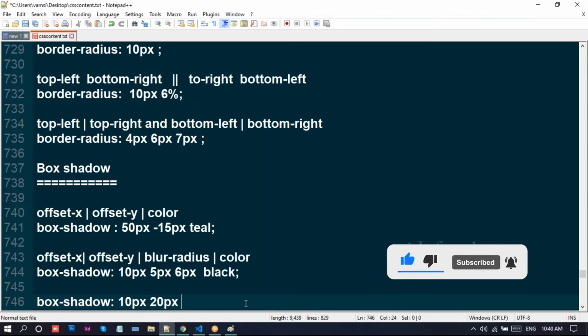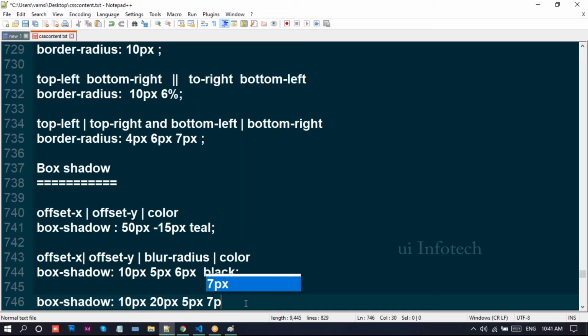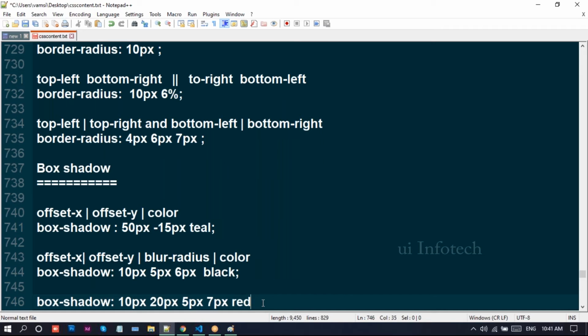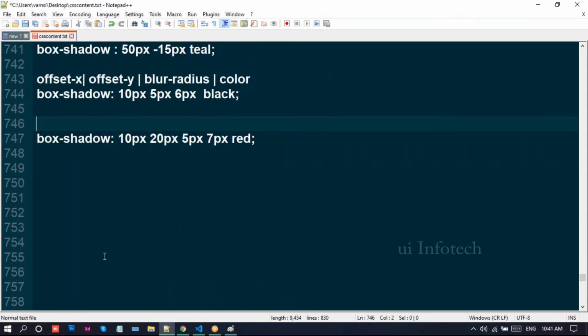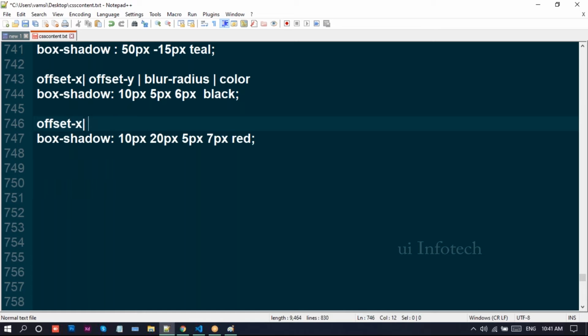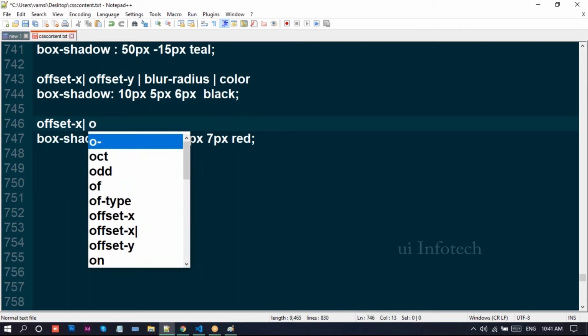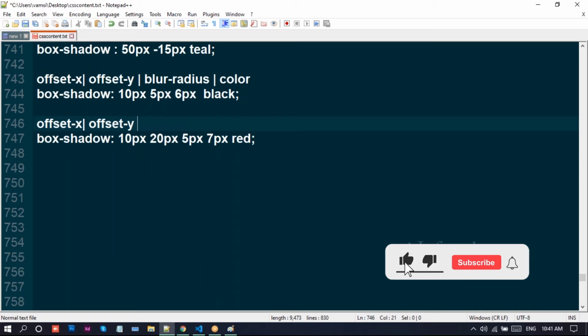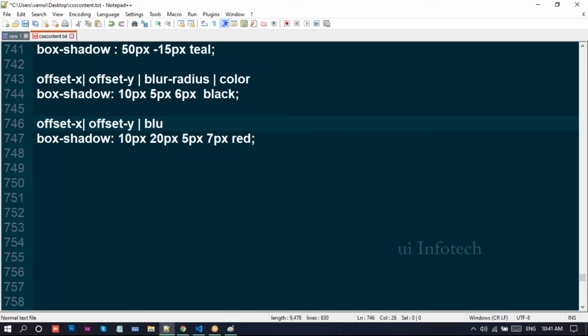Now, if you find these values, they stand for offset x, offset y, blur radius, and we have the spread there.